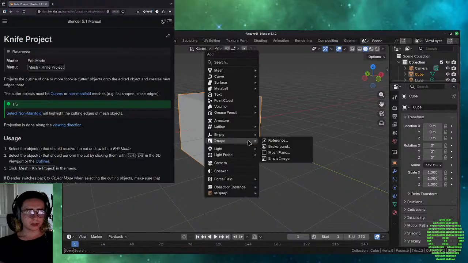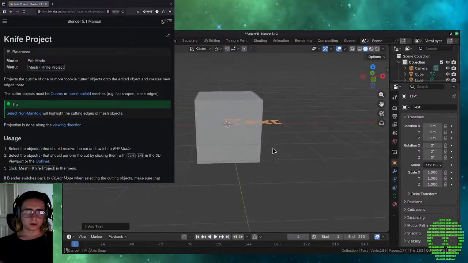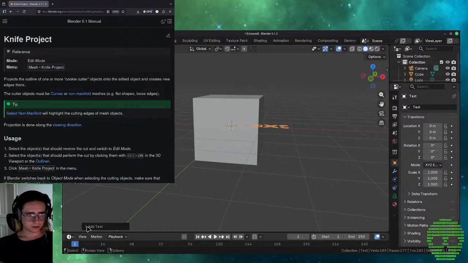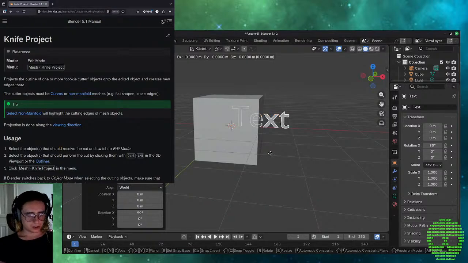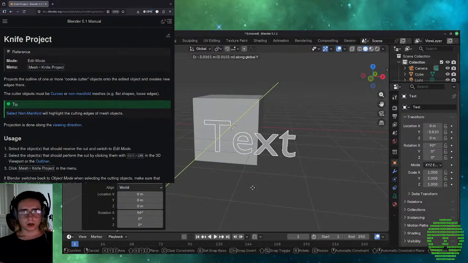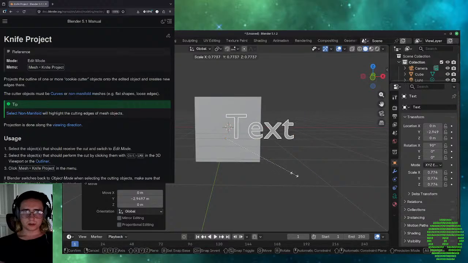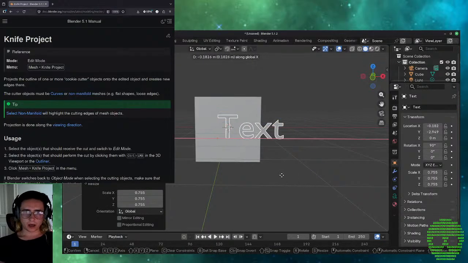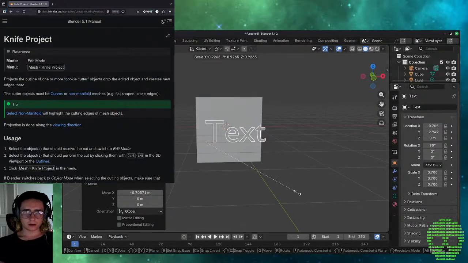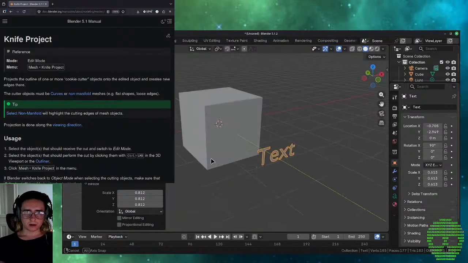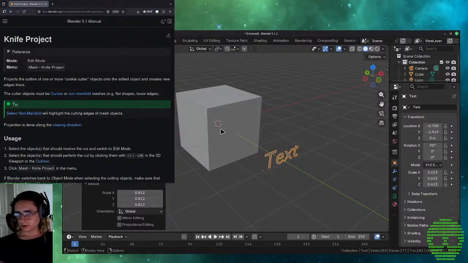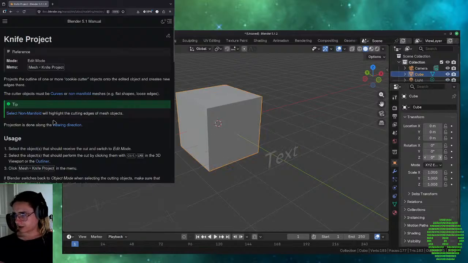Okay, so I'm gonna do Shift A, do text. So I'm gonna add text, do 90 degrees, and then G, Y, do that, G, X, do it like that, shrink it again. Okay, so I'm going to select the object,